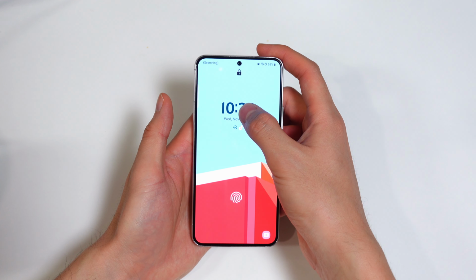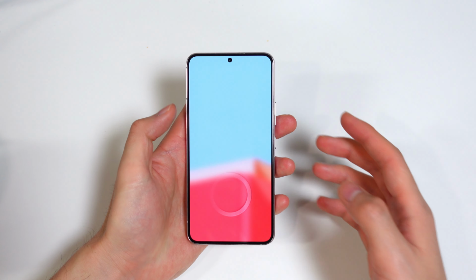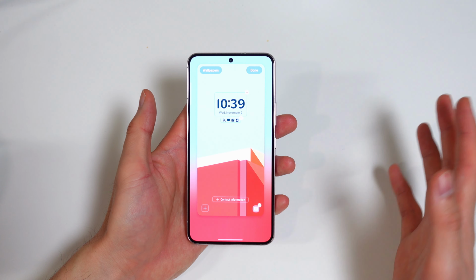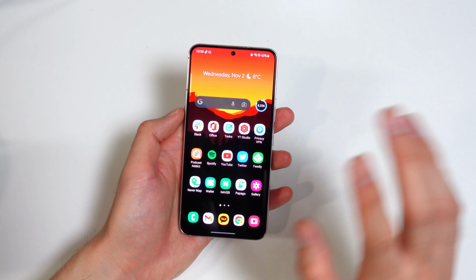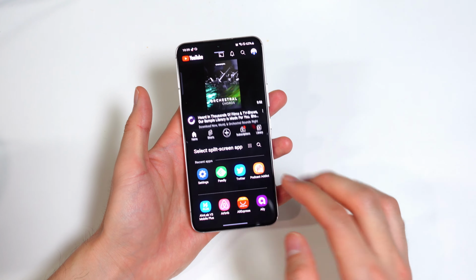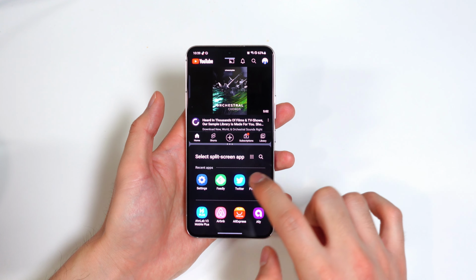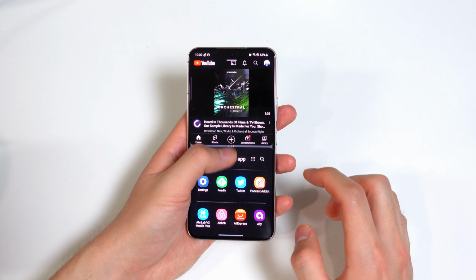So even though I really like all 5 of these new changes, my top 2 favorite out of these 5 is definitely the lock screen customization options and how easy it is to do from now on. And of course, my second favorite, actually my most favorite, is the 2-finger swipe up to go access another app for split screen. It just makes it so much easier, because I really do this.